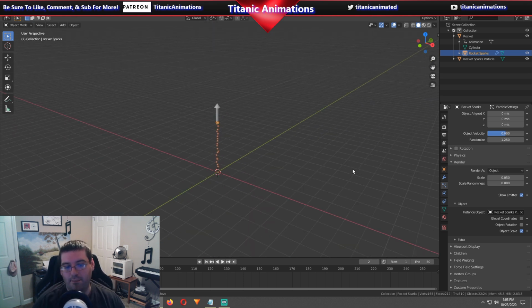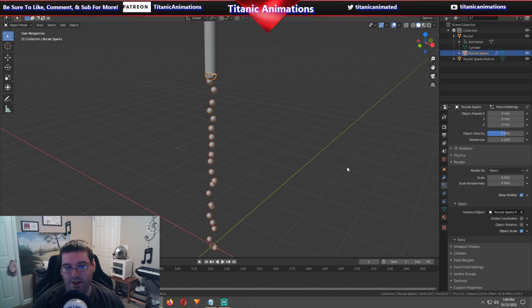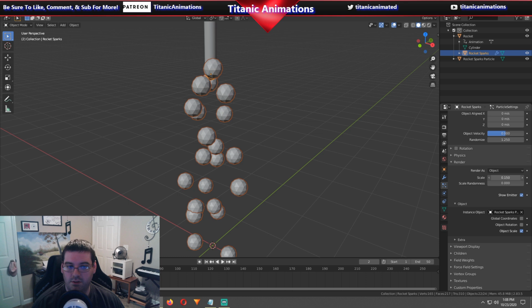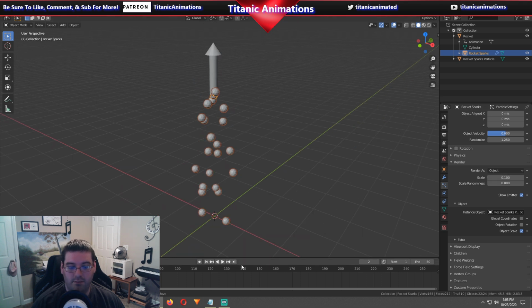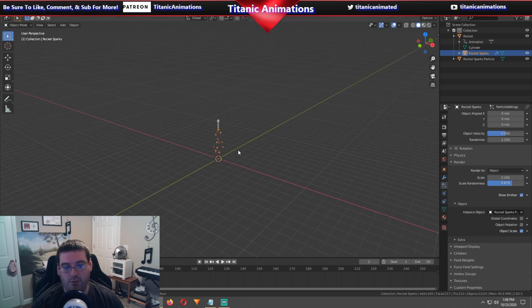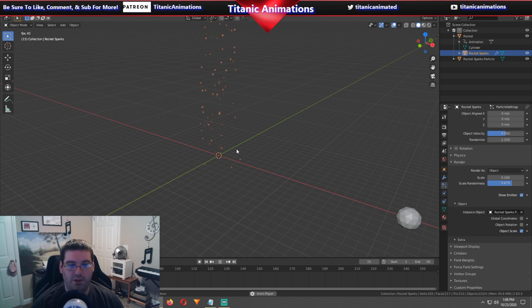But they're all the same size, they're all the same object. That's where the scale and the scale randomness come in. If you want to mess with the scale, you can. And obviously you can change the randomness all the way. I'm going to put it on 0.7, that way they're not teeny tiny little particles. But if you play that now,